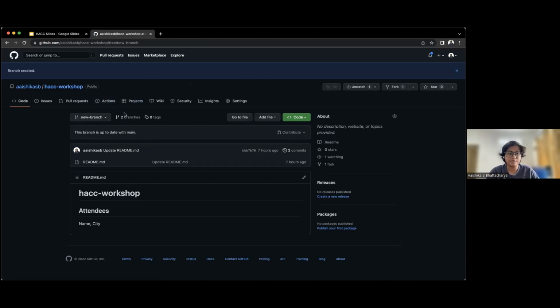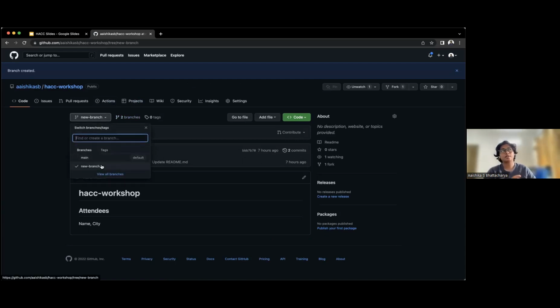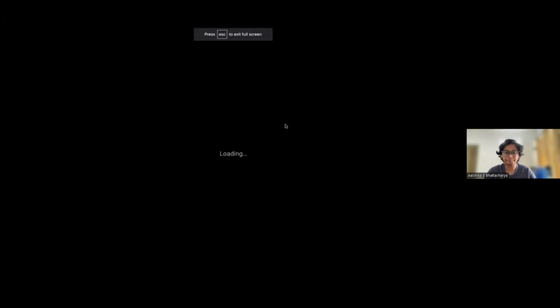So using this, I've basically created two different branches within the same repository. We have the main branch and the new branch. Now I can push a specific combination of code that will maybe serve as a new feature and deploy it separately. I can deploy the main branch separately, and that's why branches are pretty useful.